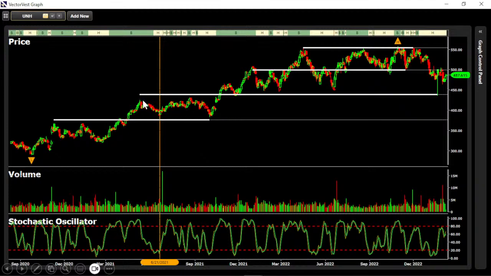Price really fails to break above the recent high with any conviction. It establishes resistance, retraces from it, comes back down, and guess where it stops again? It stops at that support level. Again, it used to be resistance, now it's support. Stochastics, by the way, both times went from below 20 to above 20. Another good buying opportunity. In your long-term investment, you haven't made any money during this time period, unfortunately. But you were able to take advantage of a few attractive short-term situations and make a quick trade.